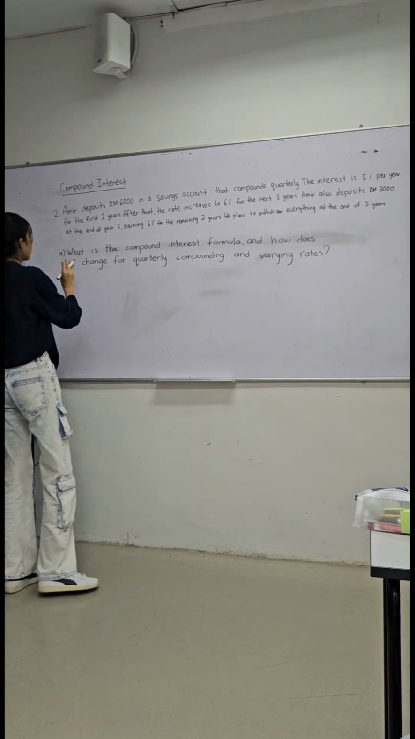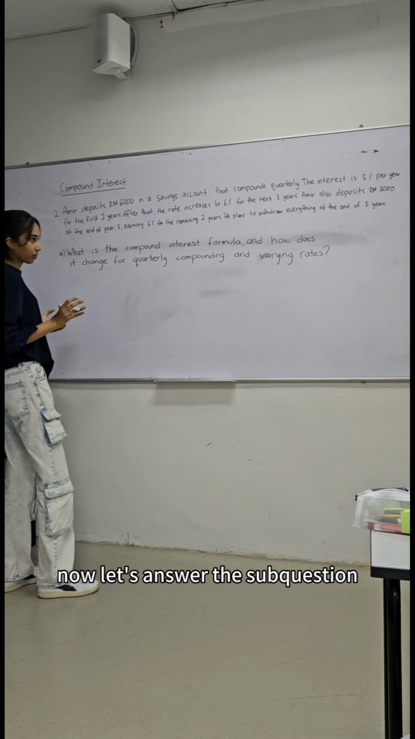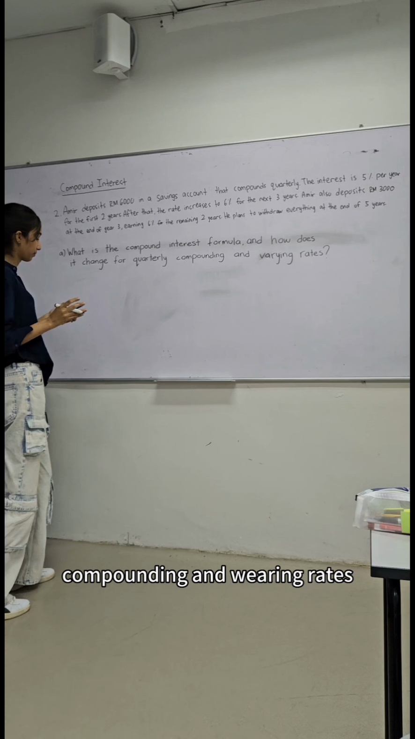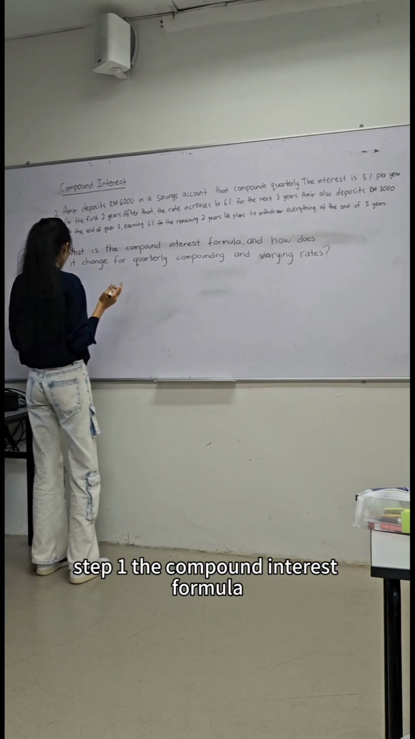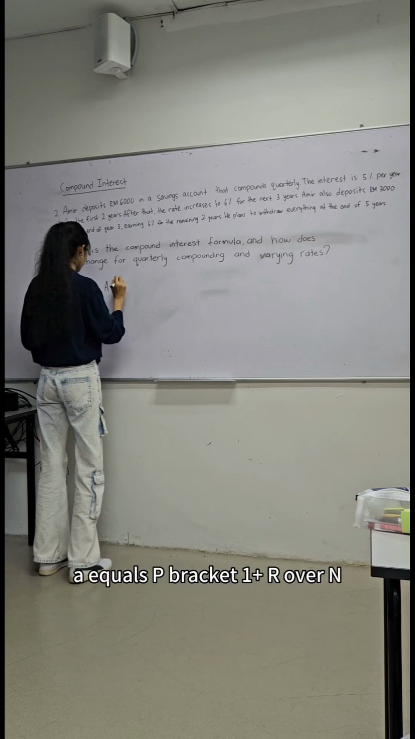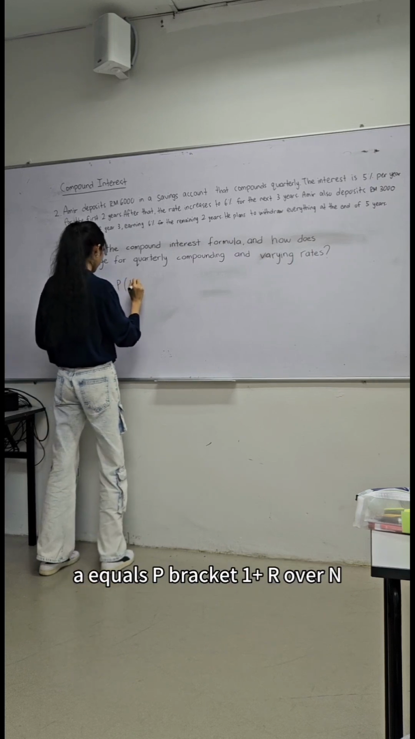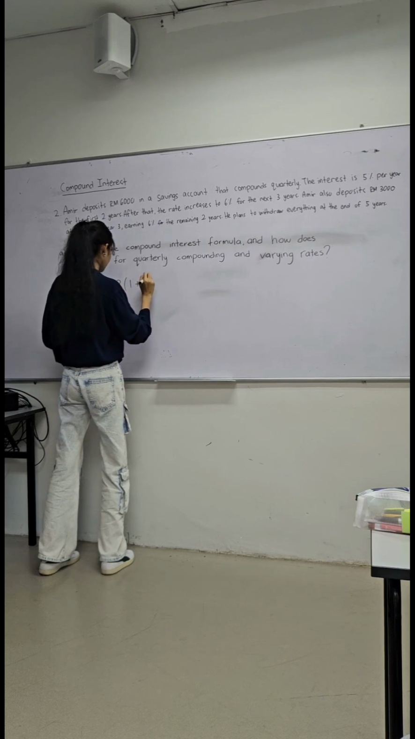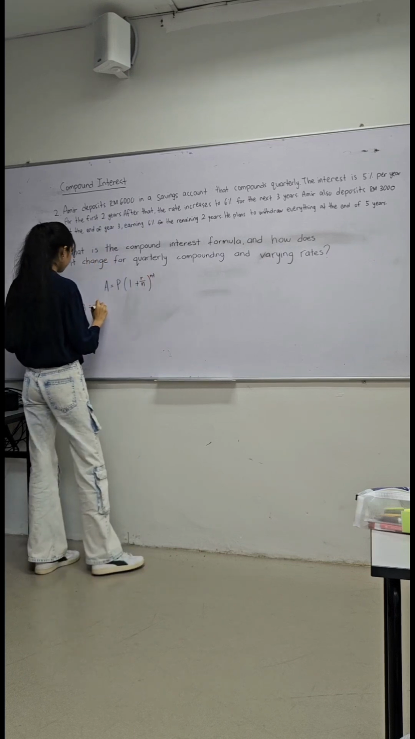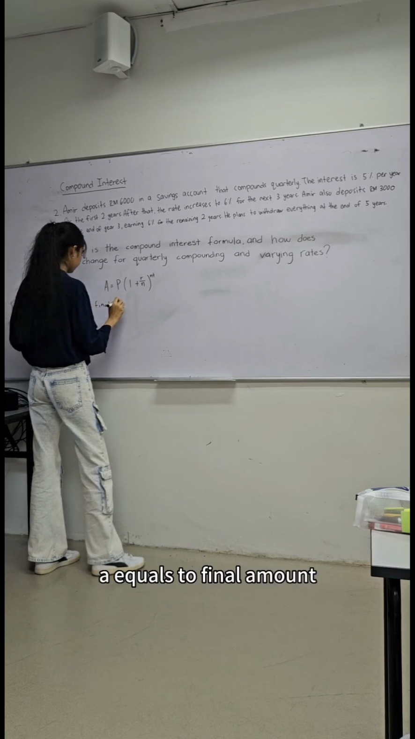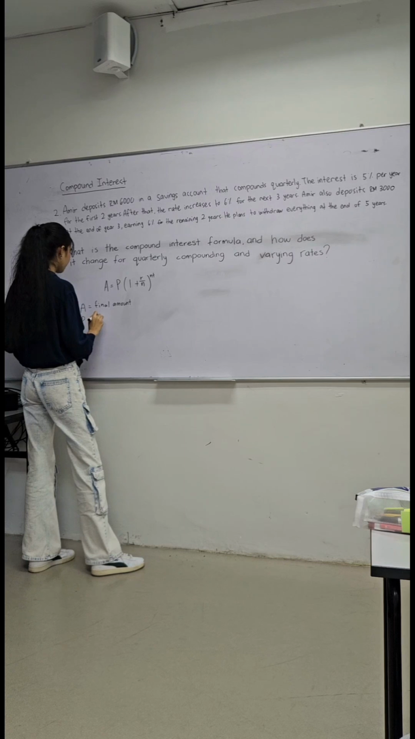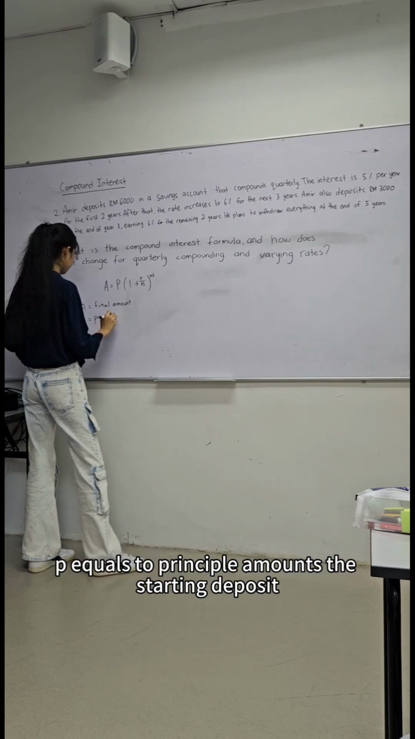Now, let's answer the sub-question. What is the compound interest formula and how does it change for quarterly compounding and varying rates? Step 1. The compound interest formula. The basic compound interest formula is A equals P bracket 1 plus R over N close bracket to the power of NT, where A equals the final amount, P equals the principal amount, the starting deposit,